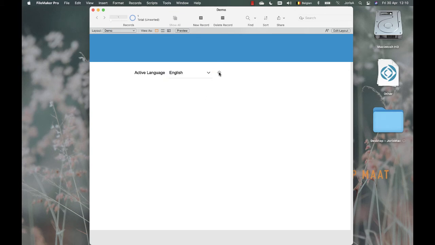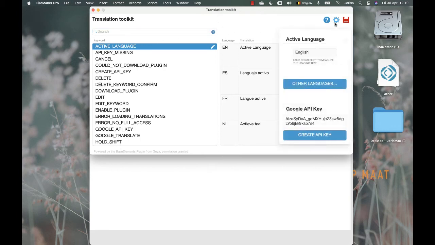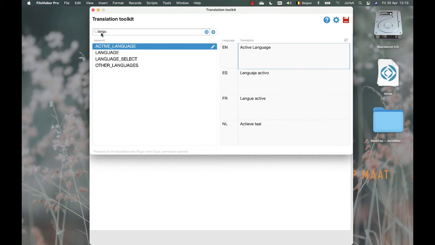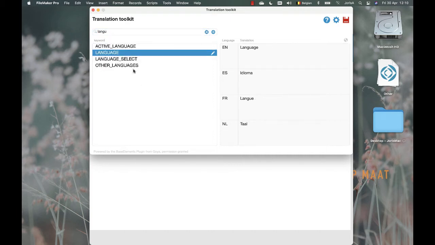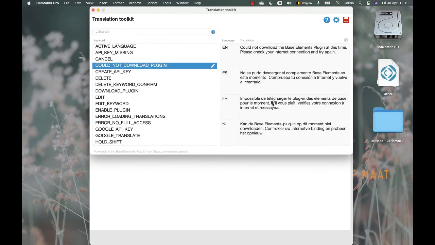EasyTranslate comes with a translation toolbox. So we walk our talk. Our toolbox is entirely multilingual. So I can change the language and you see all the labels in this toolbox are translated immediately. How this works is we keep a table of different keywords, like language, for instance. We use this toolbox to translate every keyword in different languages, including error messages, longer messages,